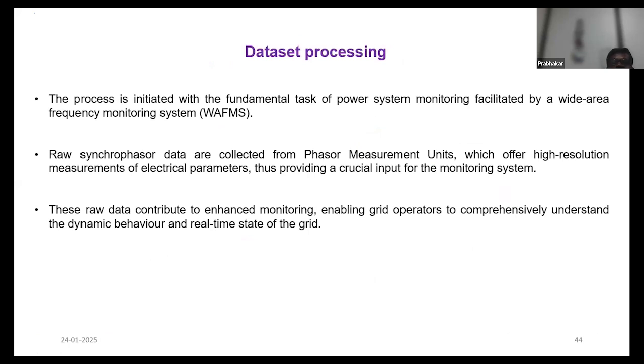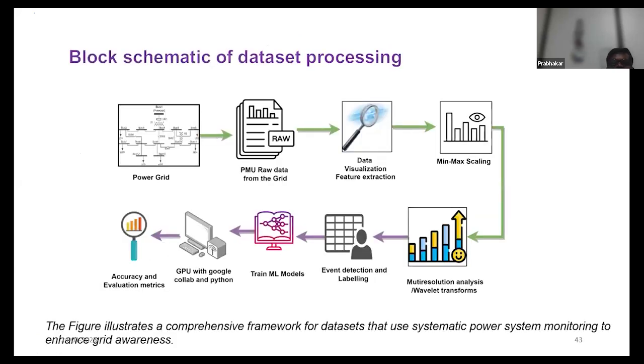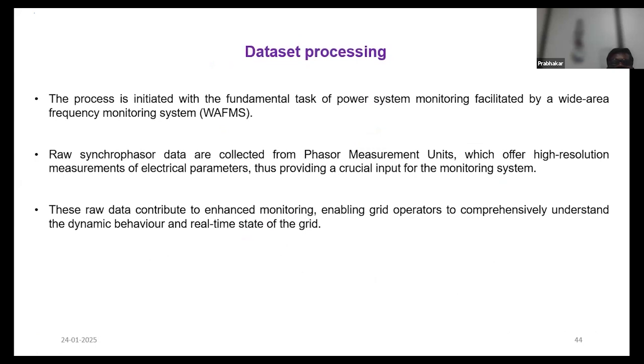So now we are going into the data processing, the steps involved in data processing, which we can see one by one, starting with the raw data collected. If you just directly take the data and use it for your analysis, we need to validate how far it is correct, how far it is the real data. So that has to be processed first. So these raw data contribute to enhanced monitoring, enabling grid operators to comprehensively understand the dynamic behavior and the real-time